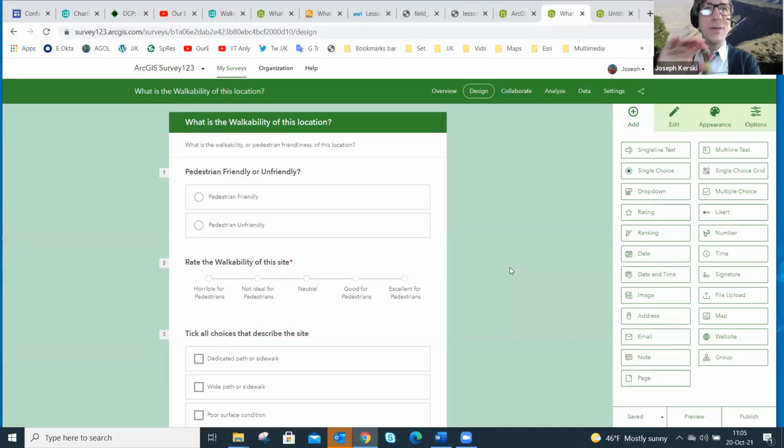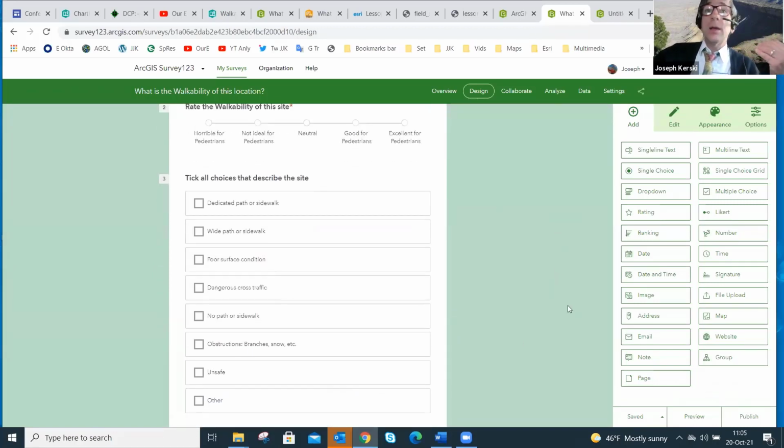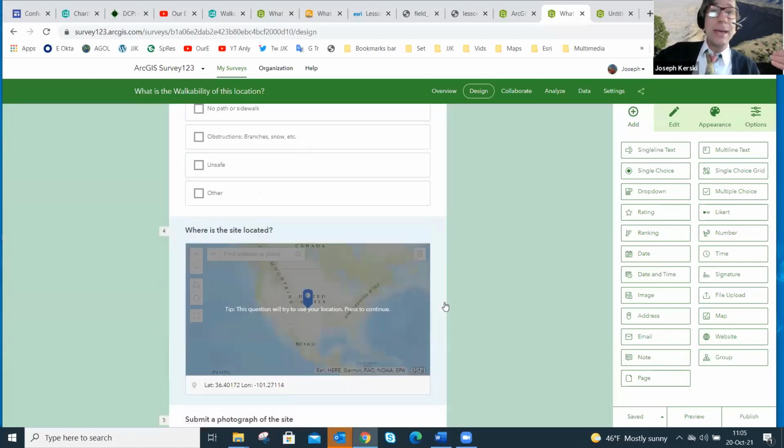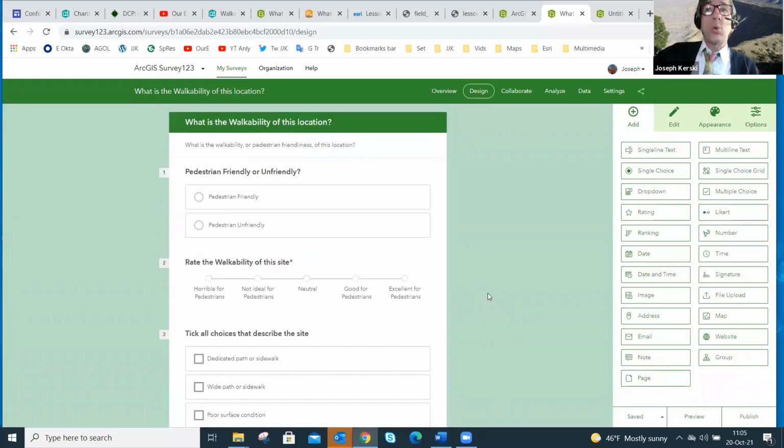And I'm hoping, though, that in that 5 minutes or so that I was dragging and dropping, you say, oh, yeah, I totally get that. We don't need to go through pedestrian friendly or unfriendly, rate the walkability. I have a multiple choice one that I dragged in here. Okay, where is it located? Submit a photograph. So 5 more minutes, we would have had this whole thing done.